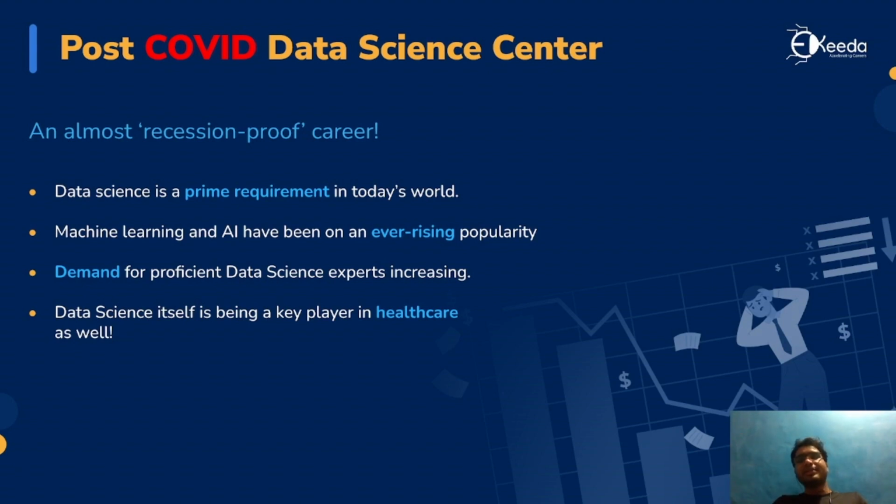Just imagine you are driving a car and you have no fuel. Without fuel, you can't drive a car, right? Similarly, you can consider machine learning and AI to be that car, and the role of petrol is played by data. Data, I would say, is the oil for machine learning and AI. Without data, machine learning and AI can't survive. Because of the increase in consumption and production of data, machine learning and AI have been rising over the years, and because of which the demand for proficient data scientists is also increasing.